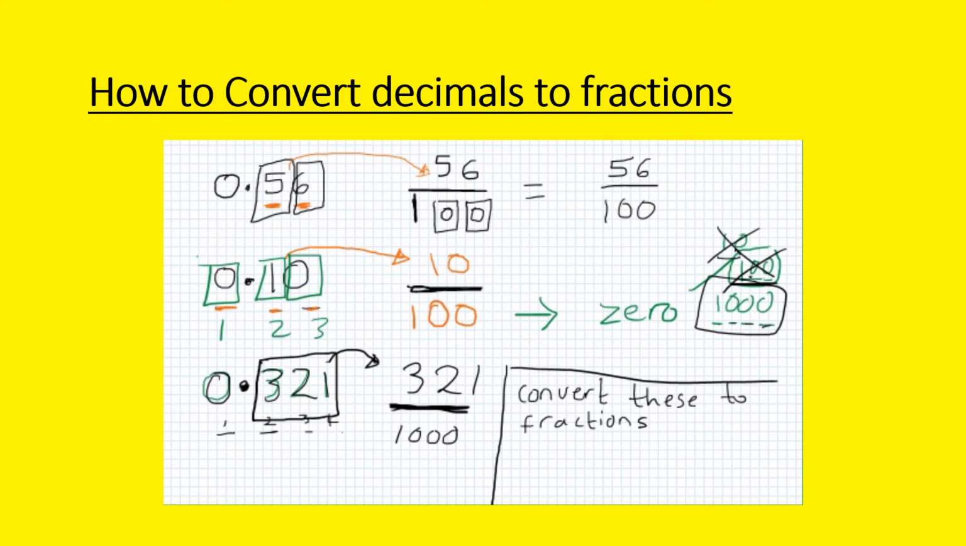Please make sure you're writing all this down. Press pause where you need to. Number 1, let's do 0.12. Number 2, try 0.32. Number 4, let's do 0.315. And number,